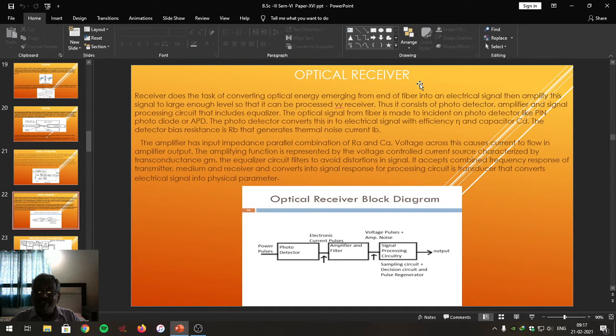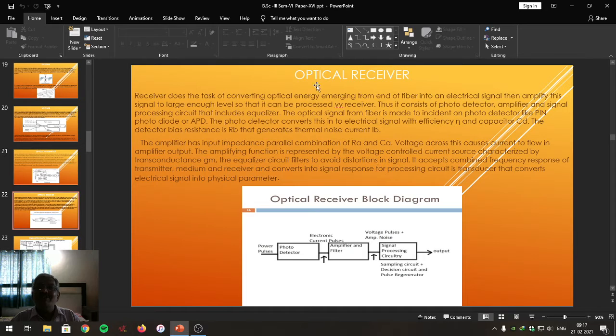The optical source emits the light radiations. As required, the driver circuit changes its biasing current. The emitted light radiations, after being externally modulated, and if necessary after attenuating that signal, are launched into the optical fiber, and then propagate through the optical fiber due to total internal reflection toward the receiver. Student friends, today we are going to discuss the optical receiver.